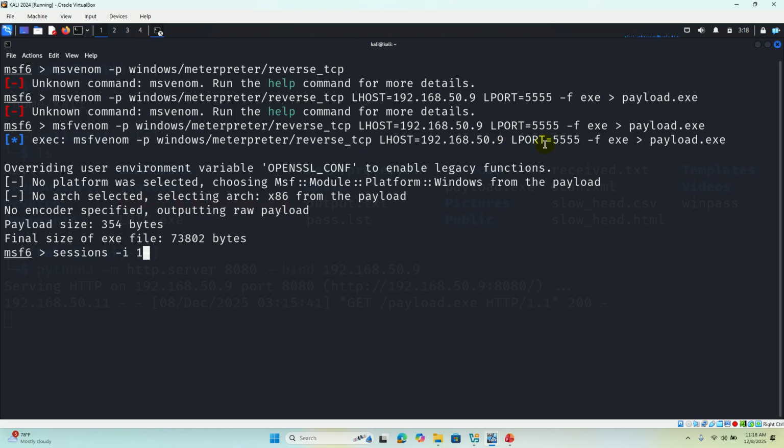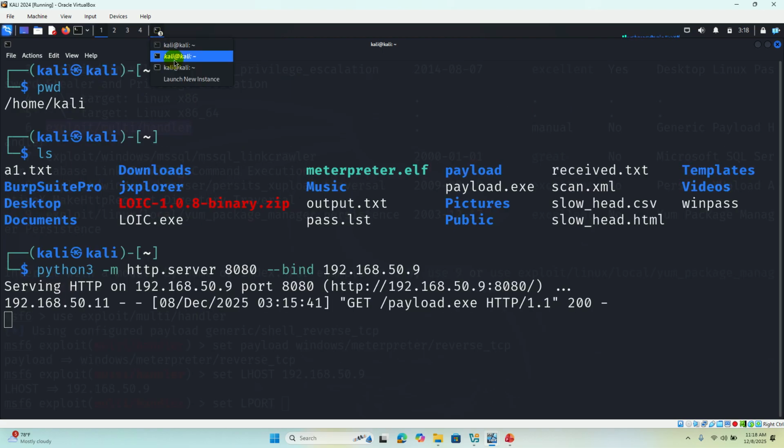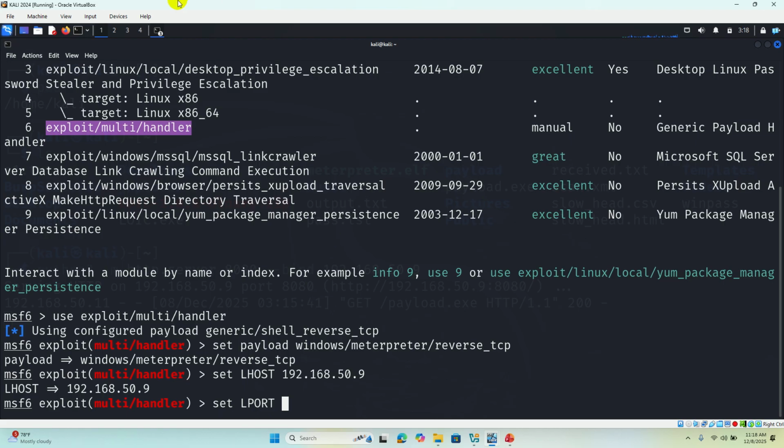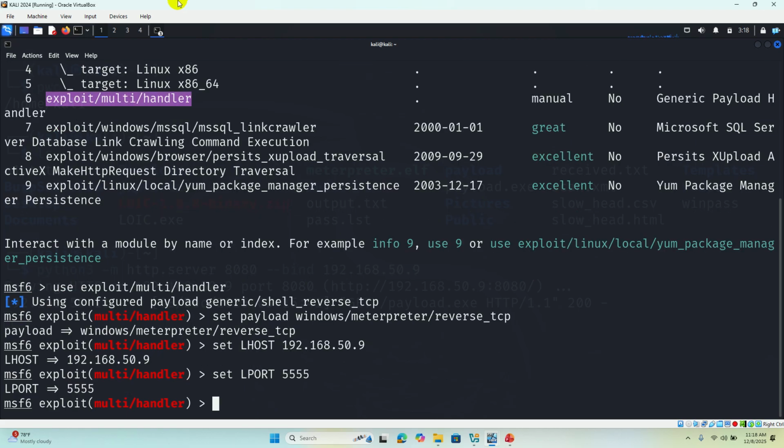Yeah, this is 555. Okay, so 555. Then run the exploit,